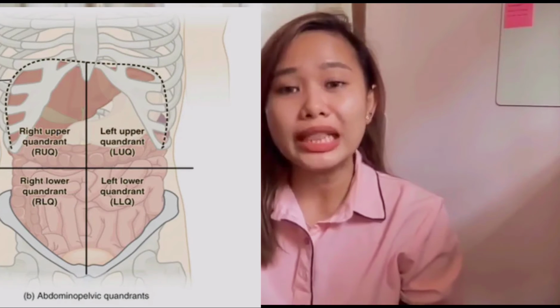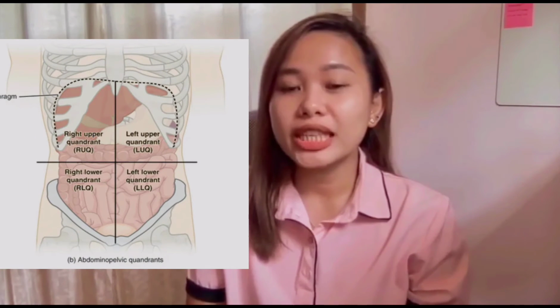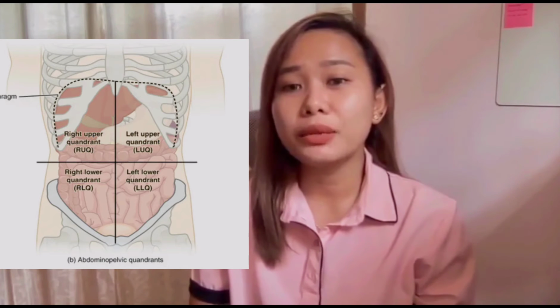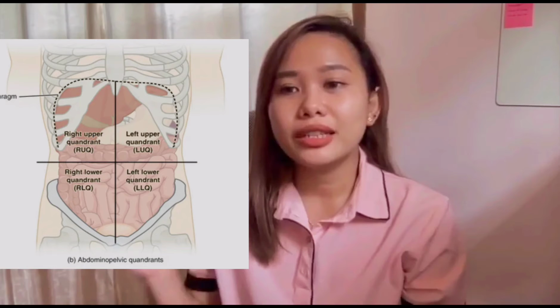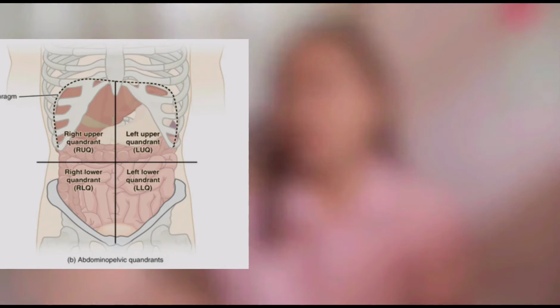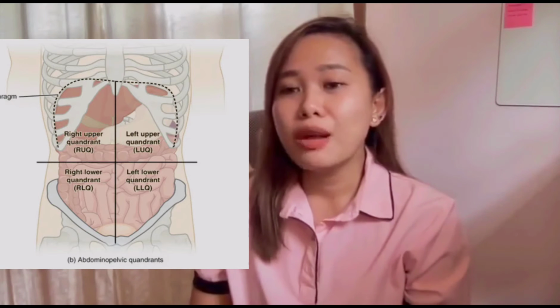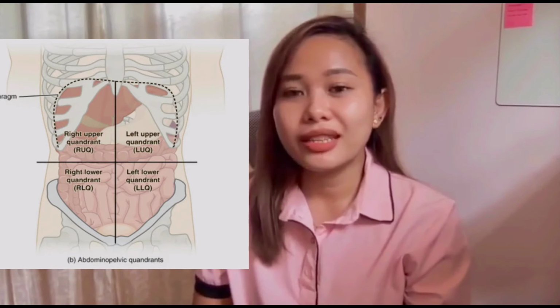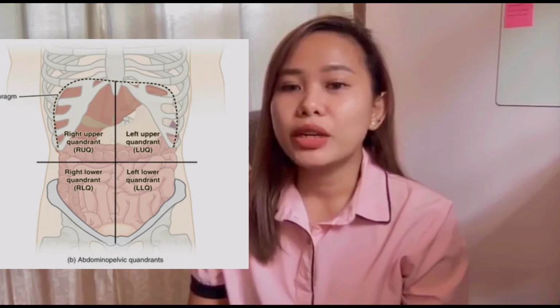Now let's discuss the 4 abdominal quadrants. The abdominal 4 quadrants are the right upper quadrant, left upper quadrant, right lower quadrant, and left lower quadrant. In the right upper quadrant, we can see portions of the liver, the gallbladder, the kidney, and a small portion of the stomach. The left upper quadrant is the location of the left portion of the liver, part of the stomach, the pancreas, the left kidney, spleen, portions of the transverse and descending colon, and parts of the small